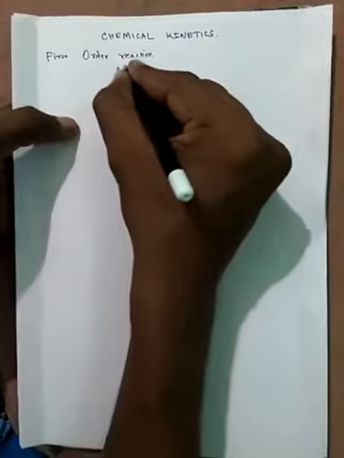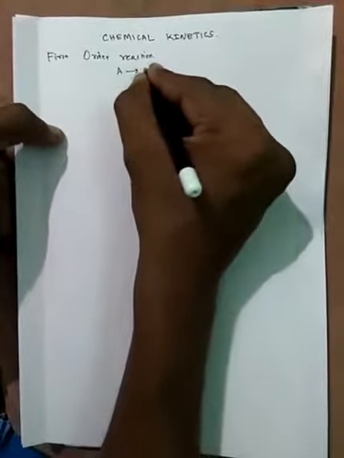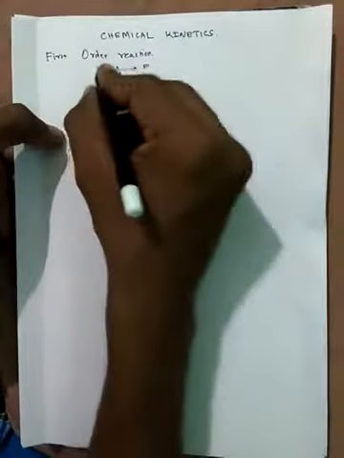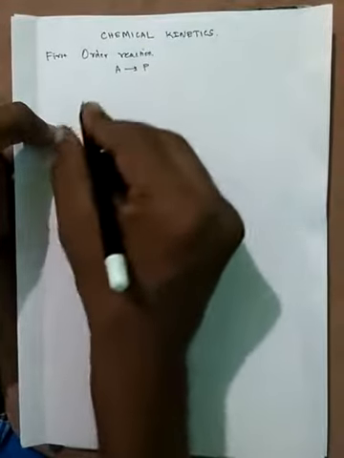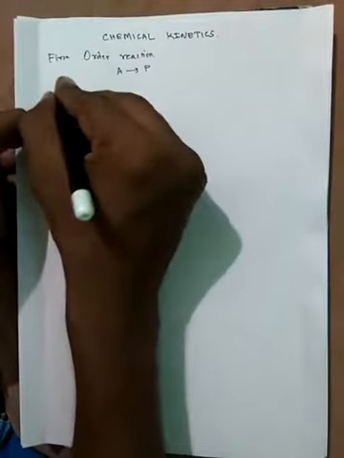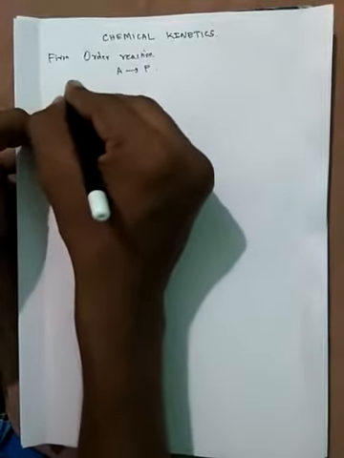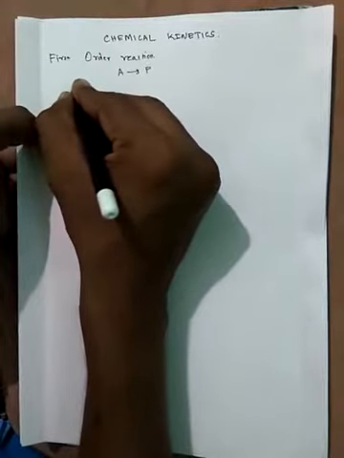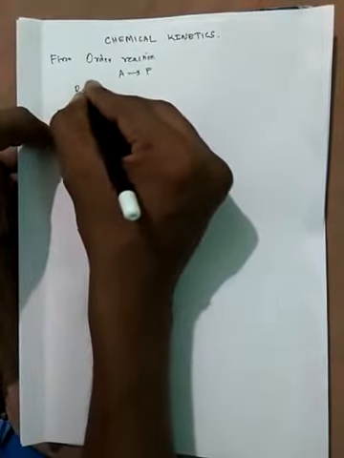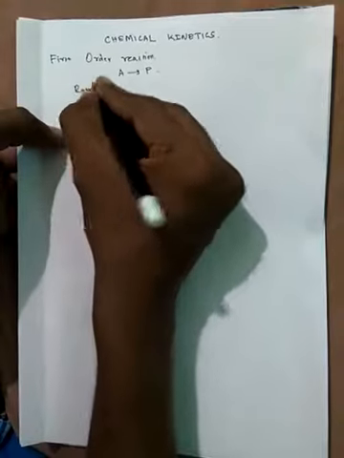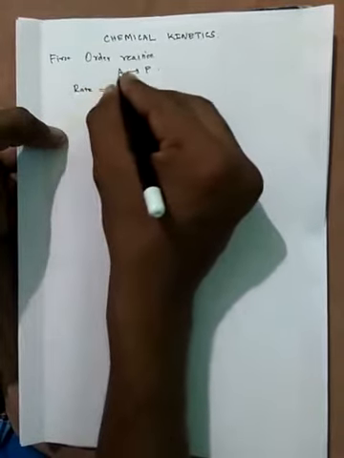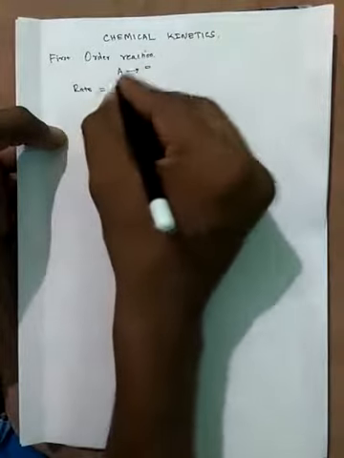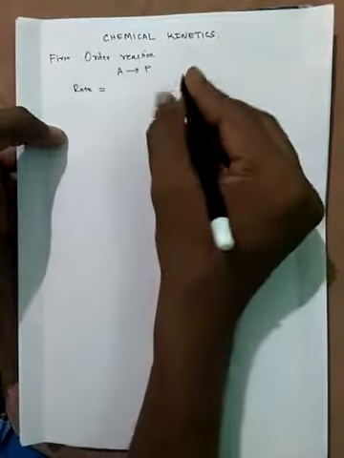Let me take A converted into product. I assume this is a first order reaction. Now I'm going to write the rate expression for this first order reaction. I know how to write the mathematical form of a rate for a given reaction, in terms of reactant and also in terms of product.